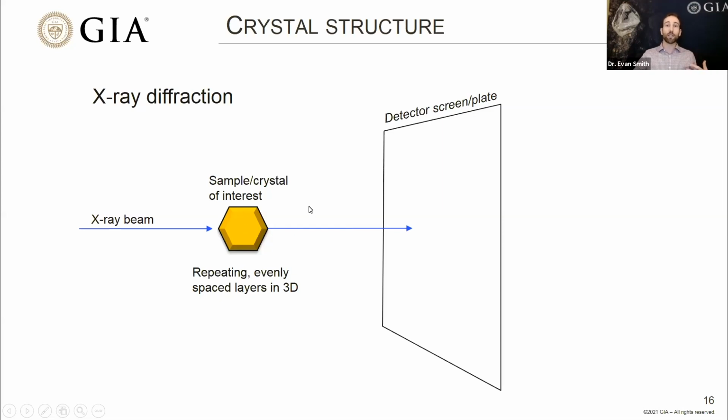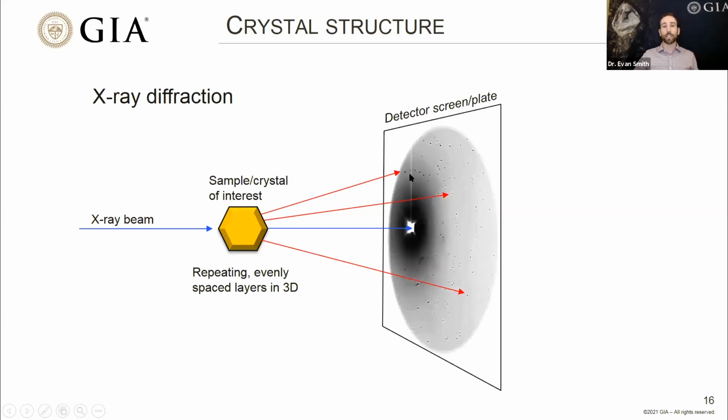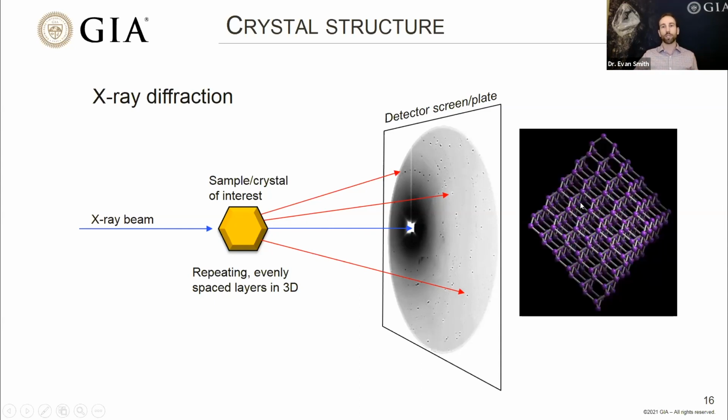And when I say diffracted, I mean they'll be deflected in a specific way, depending on the spacing and orientation of these crystallographic layers. So here we've got some X-ray beams that have been diffracted, and they will make a pattern on this detector screen here. And the pattern might look something like this. So we've got little spots here where we see diffracted X-ray beams, and the arrangement of this pattern gives us direct information about the underlying crystal structure of this material.